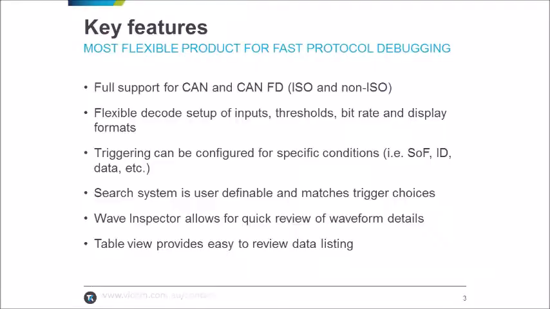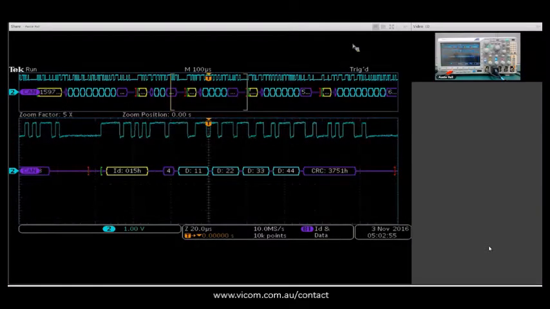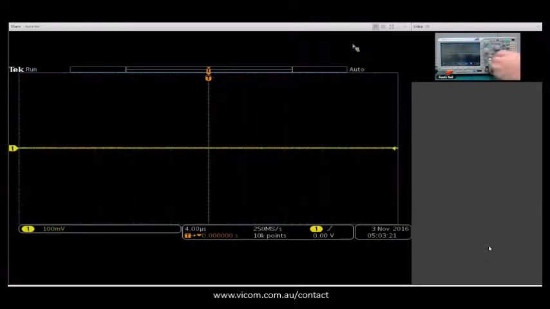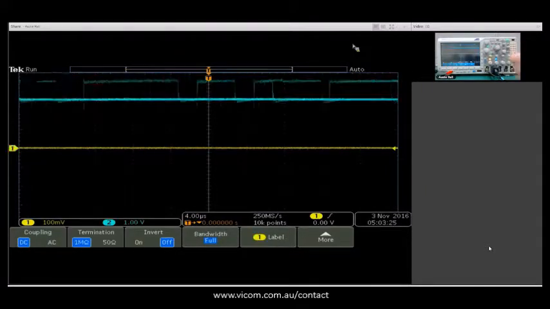Thank you. I'd like to take a moment to show you the CAN decode available on the MDO3000 here. What we have here is a CAN bus signal coming in. It's specifically CAN high. We are doing a packet decode on that. I can show you here how to set that up from a default setup. From a default setup, we have our CAN on channel 2, so I'm going to turn channel 2 on and